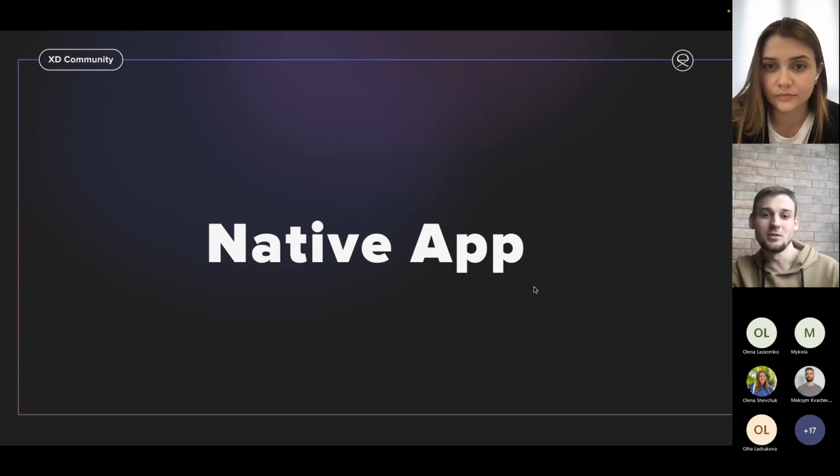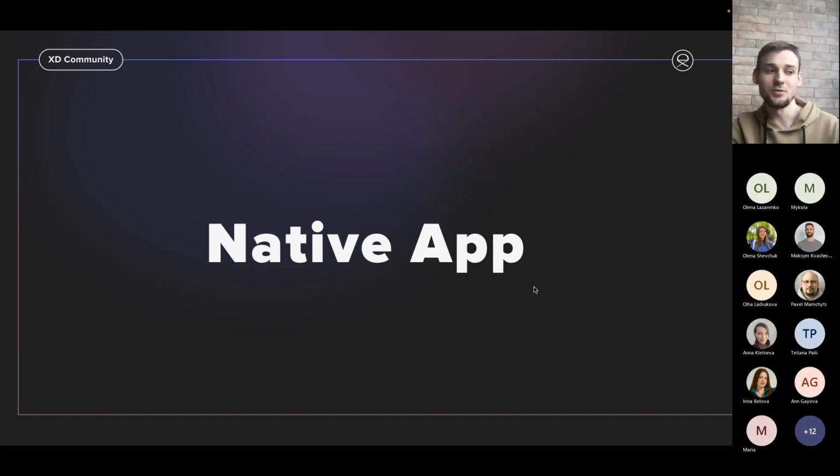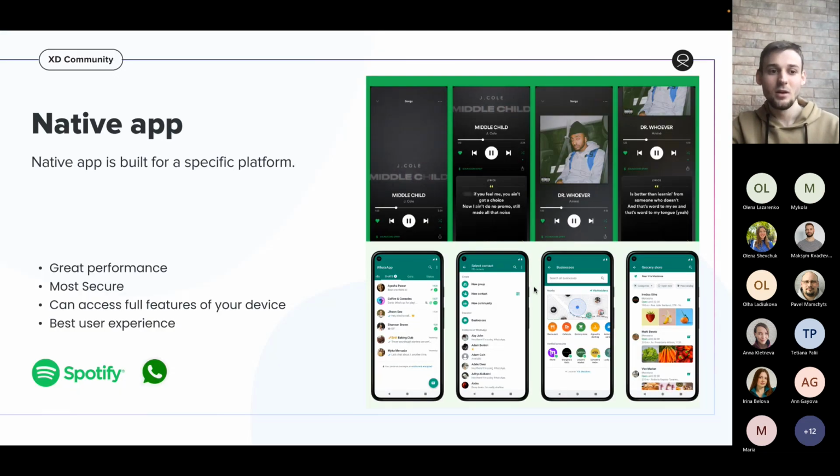Okay, so let's start with the native app as the first type of mobile app approach. So yeah, as I said, a native app is built for a specific platform, and some great examples for this would be WhatsApp and Spotify, quite popular apps. And why I like them is because